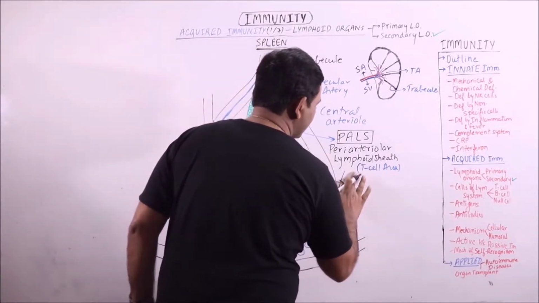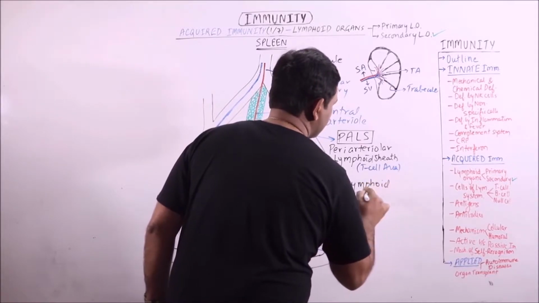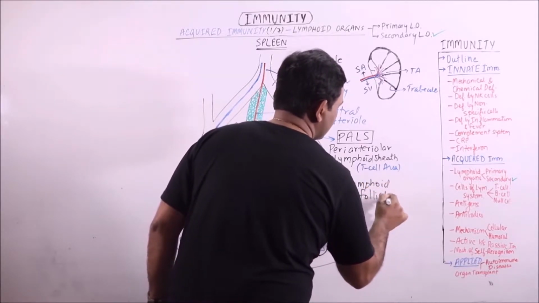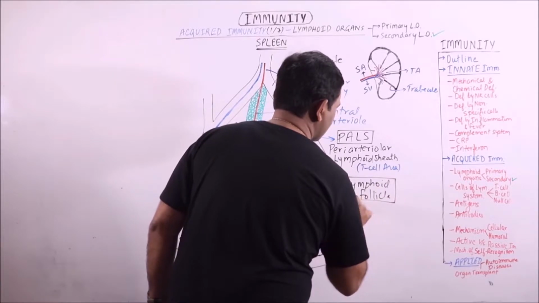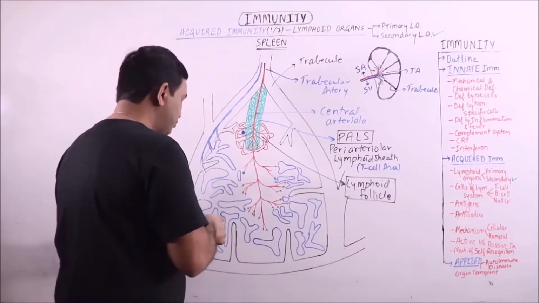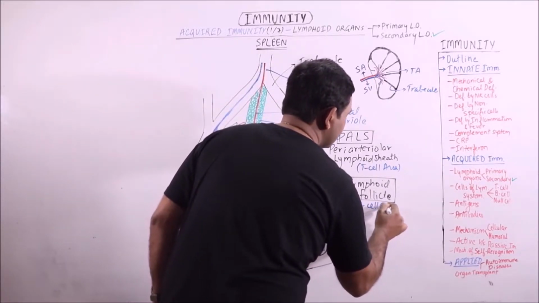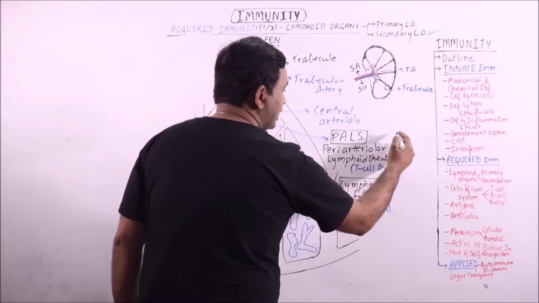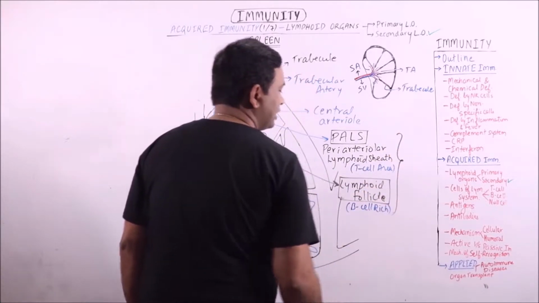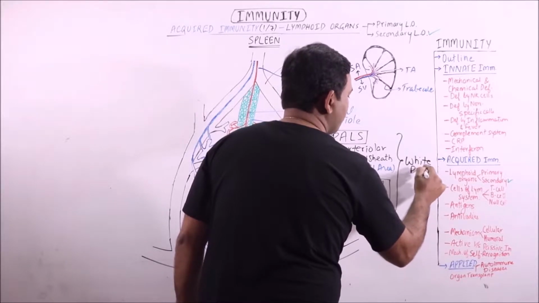This is a lymphoid follicle. This lymphoid follicle is B cell rich. This periarteriolar lymphoid sheath and lymphoid follicle represent the white pulp